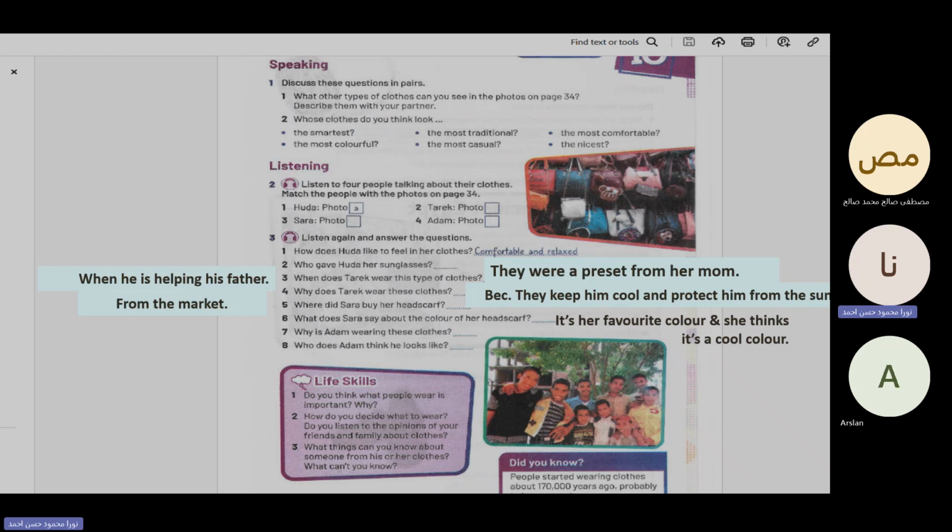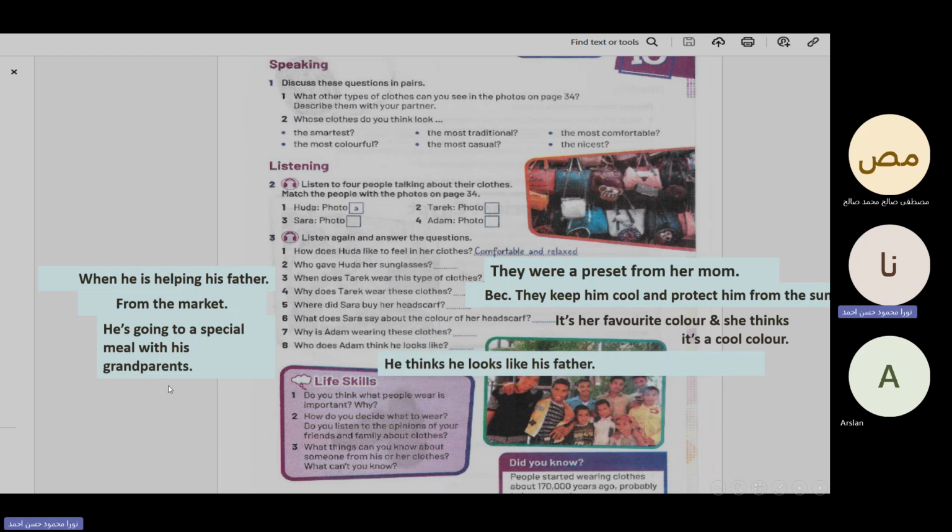It's about Adam. My name is Adam, and I'm going for a special meal with my grandparents, which is why I'm wearing these clothes. I usually wear jeans. I quite like looking smart, but I think I look a bit like my father when he's going to work. So the answer to number 7 is he is going to a special meal with his grandparents, right? What about